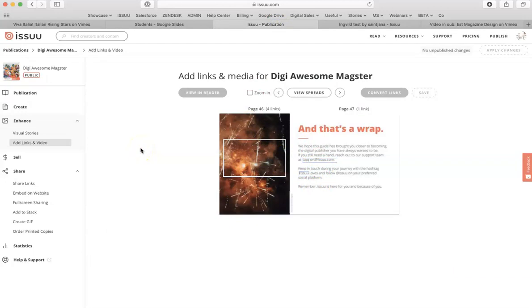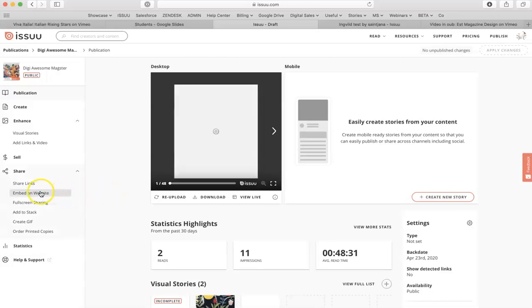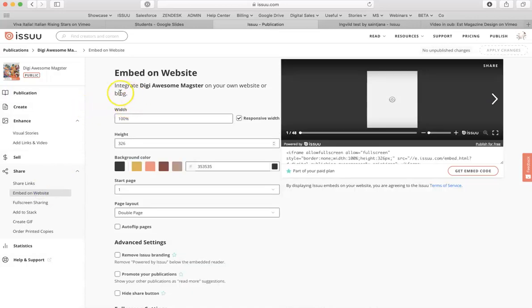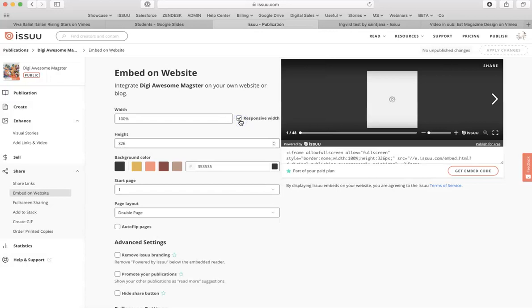The second feature that we think is pretty important for our students is embedding on a website. So again, if you go to your publication workspace and click in the left-hand menu on Embed on Website, you will see that you have the ability to customize the embed. You can customize the size. If you want, you can select the responsive width for your website or for your page, and you can also